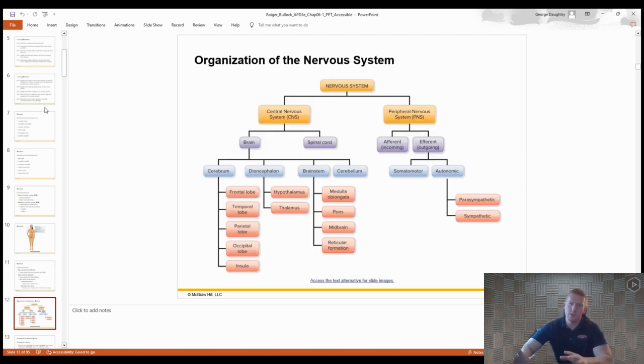Okay. I really enjoy this breakdown of the nervous system. It gives you the two major divisions, but then it further breaks it down. I'm not going to go over each one individually. It would take a while, but what we've gone over thus far is the two pieces of the peripheral nervous system. We have afferent versus efferent, incoming versus outgoing. We can break down the efferent division into somatic versus autonomic,